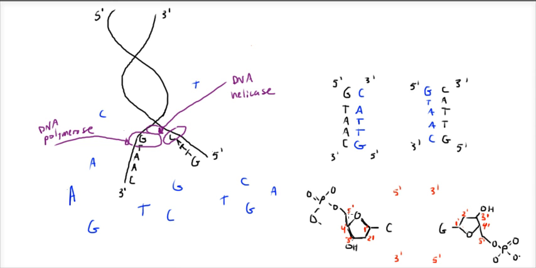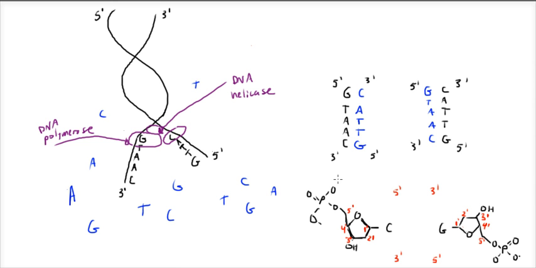And DNA is anti-parallel, which means that one strand is pointed in the opposite direction of the other. The way that we do that notation-wise is we say that one strand goes from 5' to 3'. That really means that the fifth carbon's on top, and then the third carbon's on the bottom. So 5' to 3', the nucleotides will look like this, with the oxygens pointing up and the phosphate being on